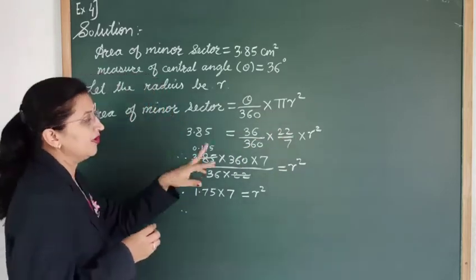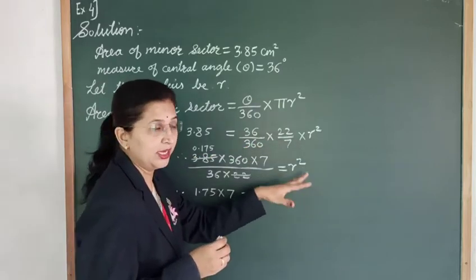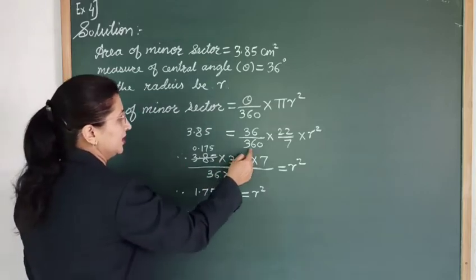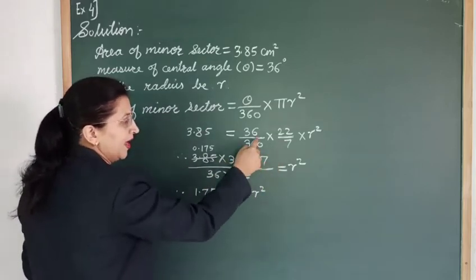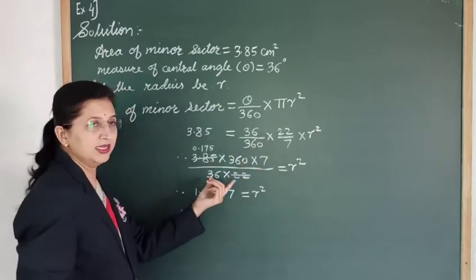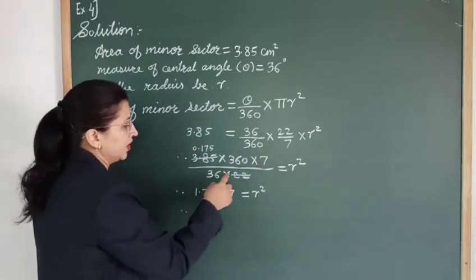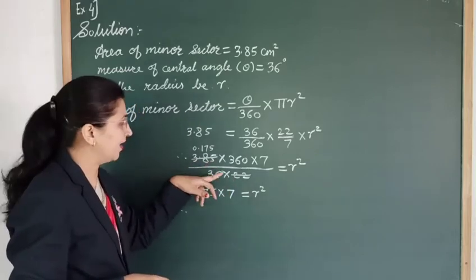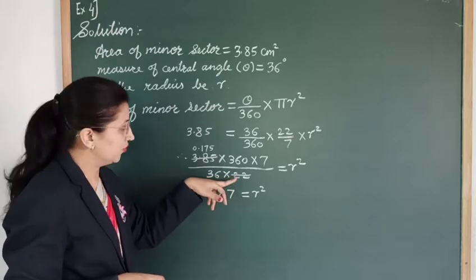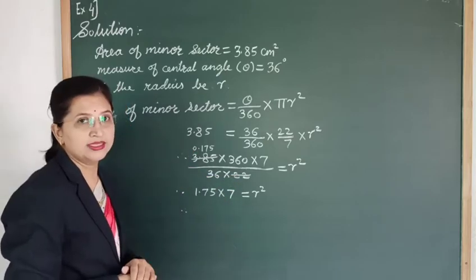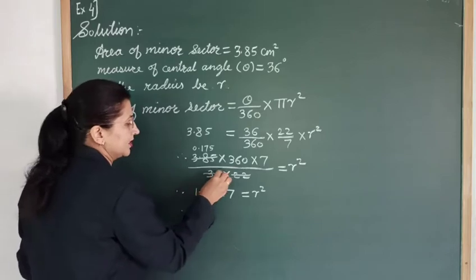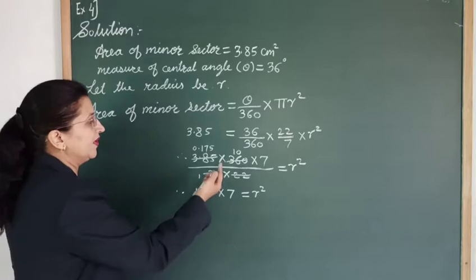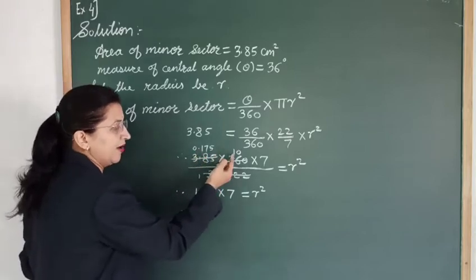Okay. Now here we want to find the r square. Keep that here only and let's transfer the remaining values to the LHS. So here 360 will multiply, 7 also will multiply, and 36 and 22 will divide. Okay, so now let's solve this. So here, if we divide 3.85 by 22, then we get the answer 0.175. Okay, then here 36 ones are 36, 36 tens are 360. Okay, then as we multiply this 0.175 by 10,